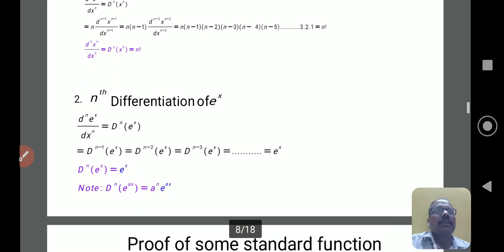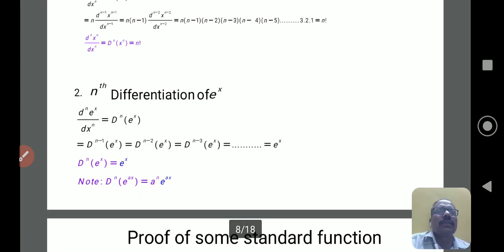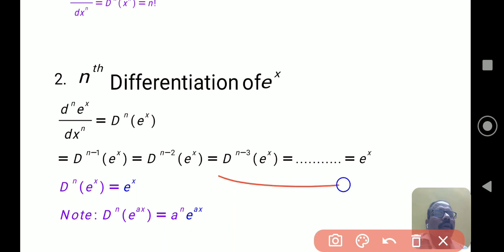We can discuss another simple function here, the nth derivative of e power x. The differentiation of e power x is e power x, I think we are already familiar. We can represent it by the notation of the nth derivative of e power x. We can differentiate e power x again and again up to the nth derivative. The first derivative is e power x, the n minus 1 derivative is also e power x, and we continue this procedure until we find the nth derivative. Again finally we get e to the power of x. Finally, we can write that the nth derivative of e power x is e to the power of x.